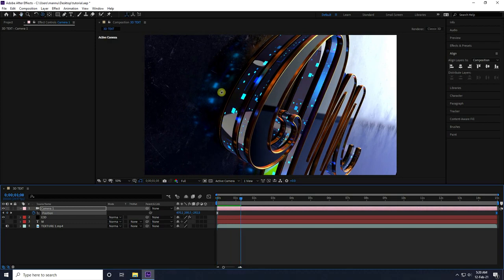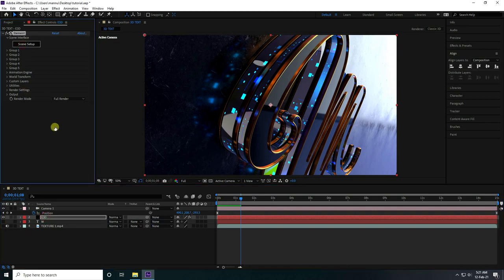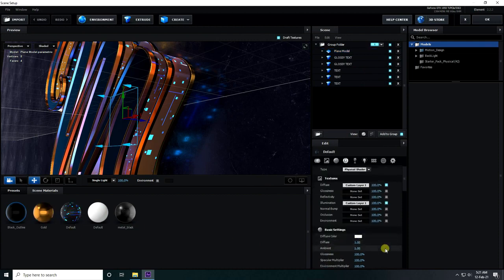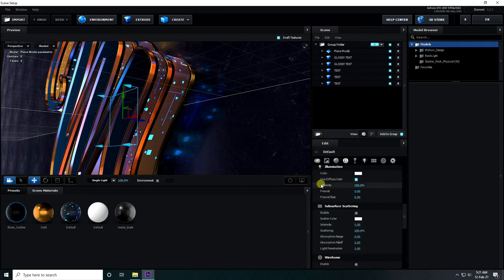Okay, so guys, now I change the intensity a little bit. So select E3D layer and screen setup, and guys, go to here, default. Go down, hit this one, intensity, I take 100 and press OK.